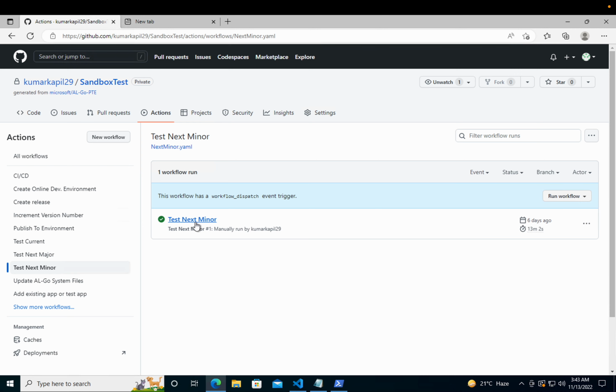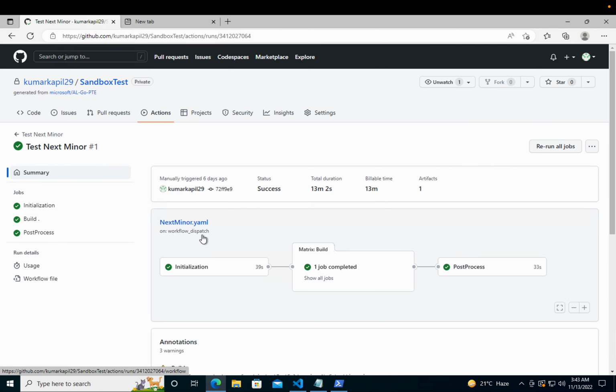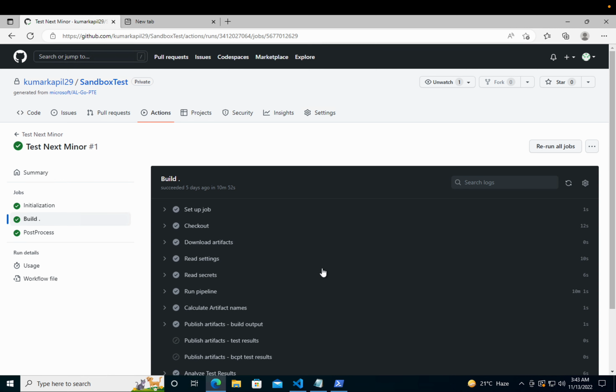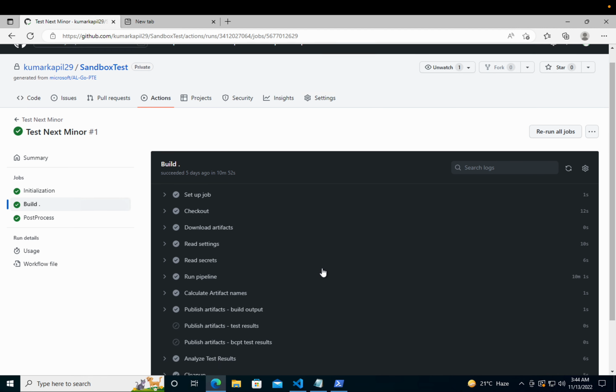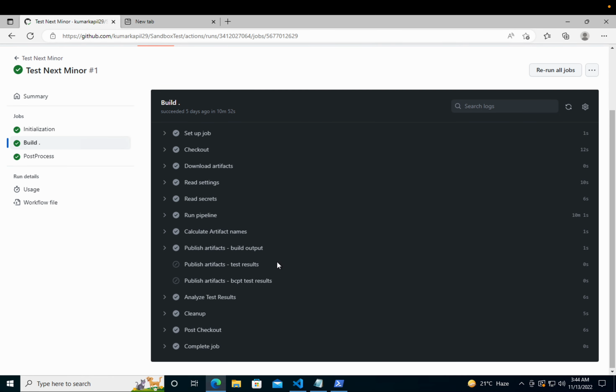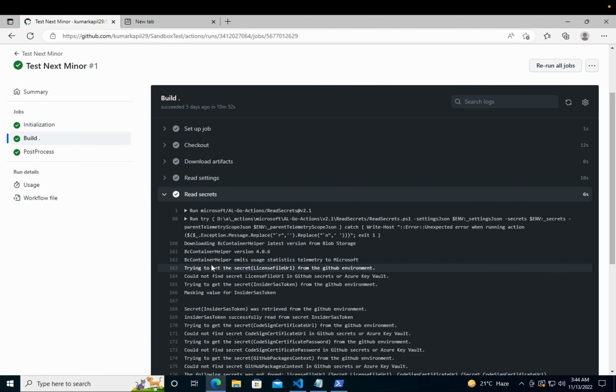Right now you can see that it is finished, but when I click here, you will see that it will go to check your insider SaaS token and then download the Business Central container for the next minor. Okay, so right now the next minor is 21.2. Okay, so here you can see that it is reading our secrets, and then